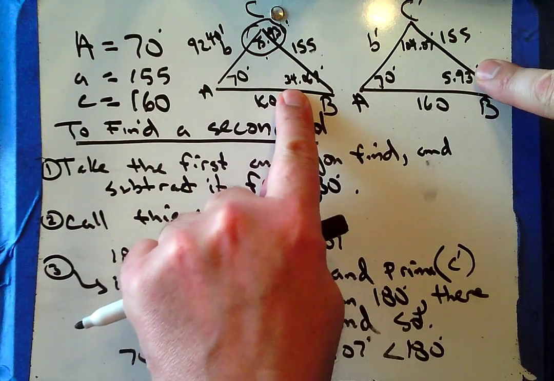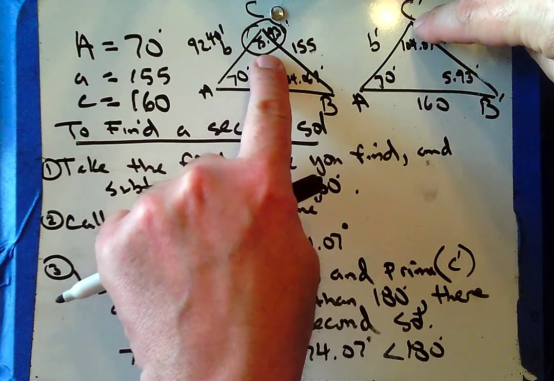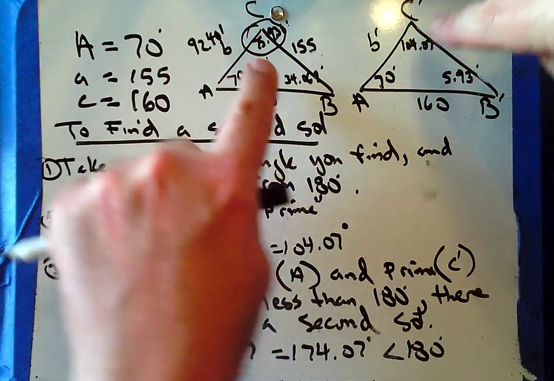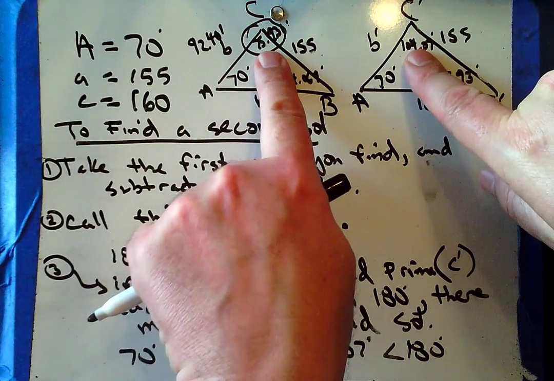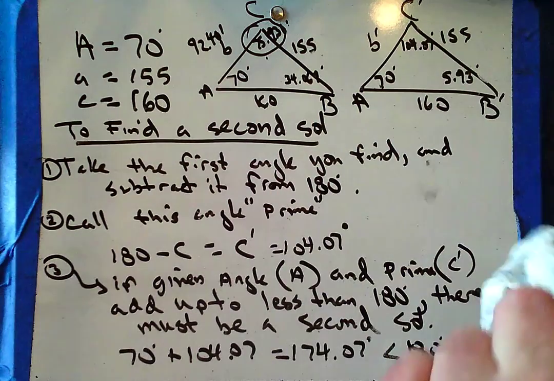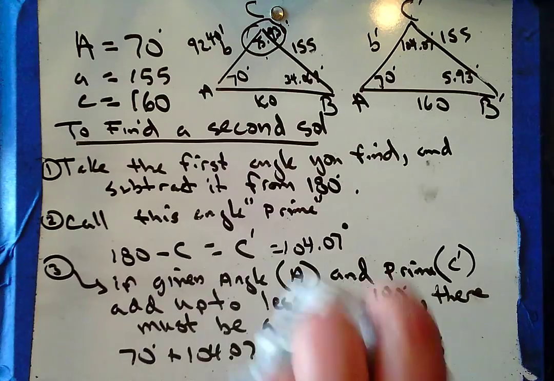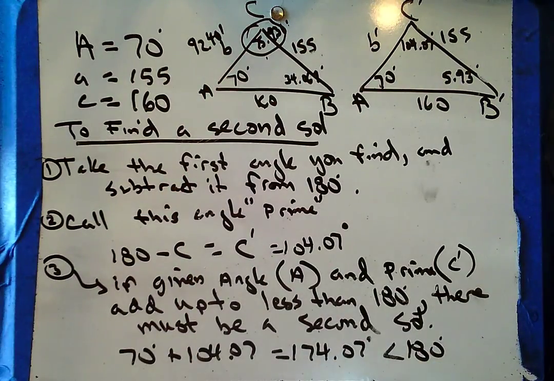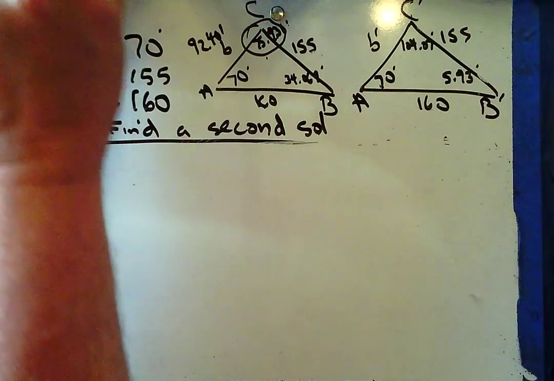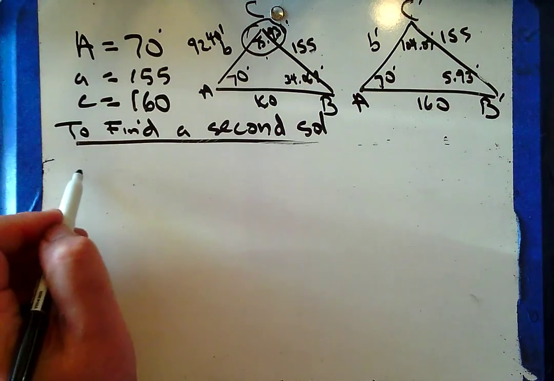Notice these are very different. These will, well, not C and C prime, but there will be a pair that are always supplements in the two solutions case. So I'm not quite done solving the second triangle. I still need to find little b prime, and so I'm going to have to use law of sines again. So I'm going to say